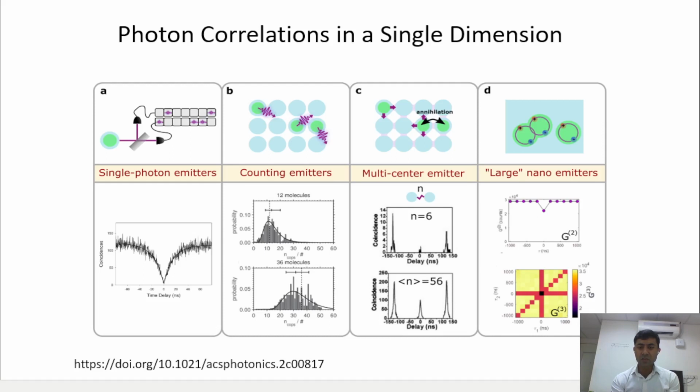For example, if we have two supposedly identical emitters connected by a molecular bridge here, we can estimate the probability of their recombination process, that is, how they recombine,